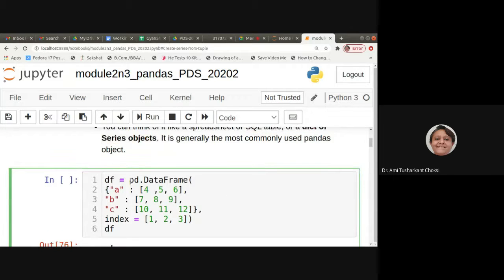Let us create the data frame. We will have our CSV file, which we will read, and there also we will have the data frame available. But the CSV file typically has say 500 or 600 rows. So if we want to know about particular operations, like finding the median or the mean, with a data set of this many rows, we cannot understand very easily what answer it is giving.